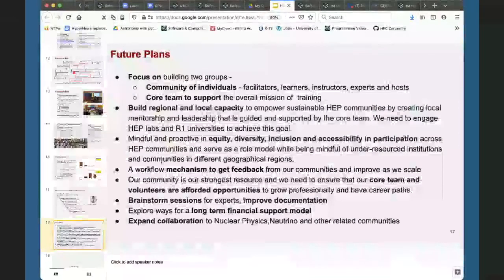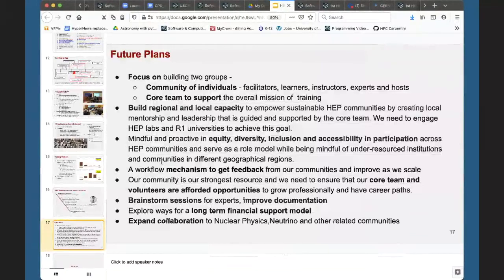And also here is a slide that shows our future plans. This is heavily worded, but I have put in bold what I want to emphasize. So in future, we want to focus on community of individuals, which is very important. And as somebody asked the question about diversity, that is our focus. That is something that's at the back of our mind, and also some sort of requirement from U.S. funding agencies at least, and of course at CERN also. There's a lot of emphasis on